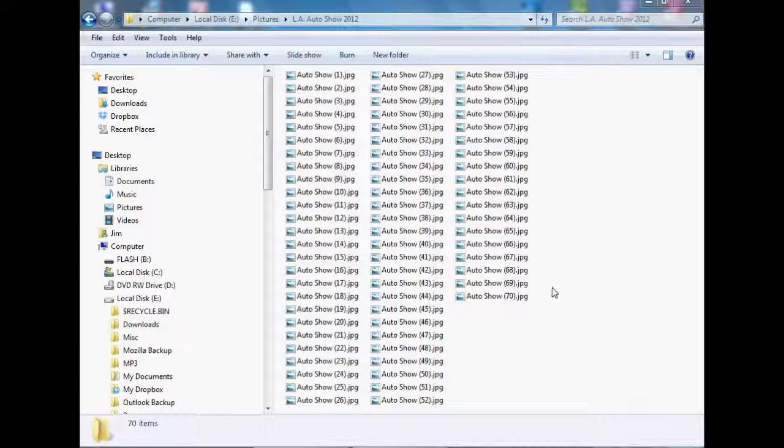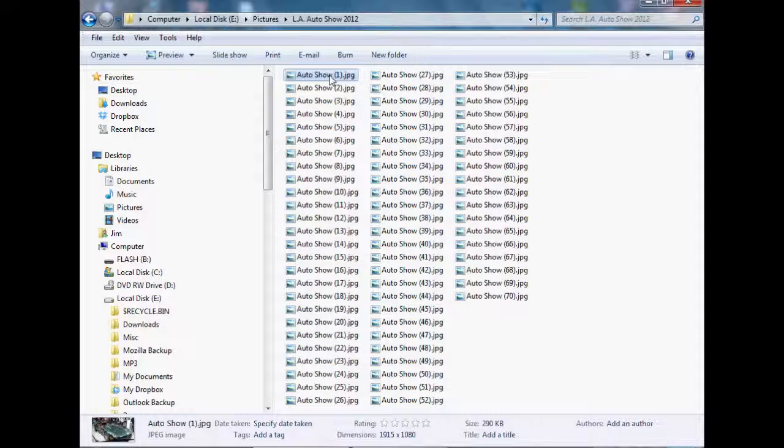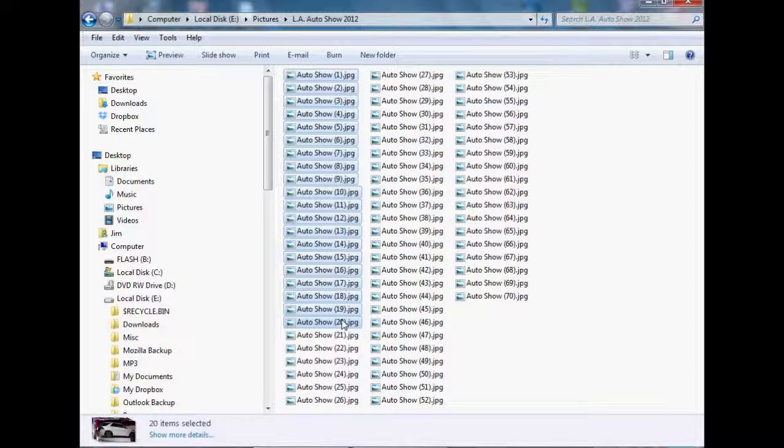So the way to do it is you find the files you want to add to your zip file. So in this case we're going to add these auto show pictures. We're going to add the first 20. Let's say we want to email them. So highlight them, click on the first one, hold down shift, click on the last one, and then just right